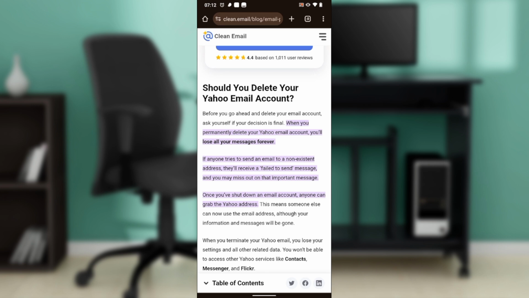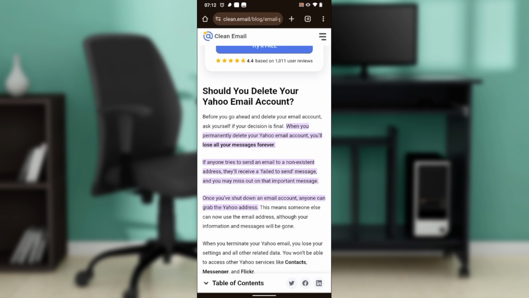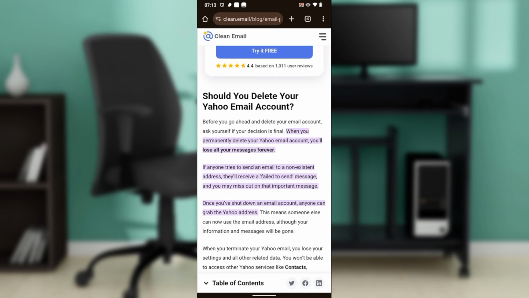Once you do that, the next thing is, how can you download the Yahoo Mail app? Now, you can get the app on Google Play Store or Apple Store, depending on the device that you use. Launch any of those applications and locate the search bar, and in the search bar, type Yahoo Mail. Now follow through the on-screen instructions to install, and after installing, it's going to take you to the sign-up page